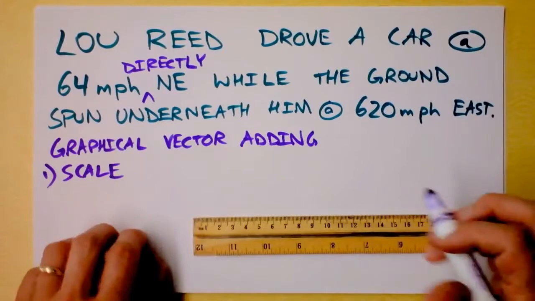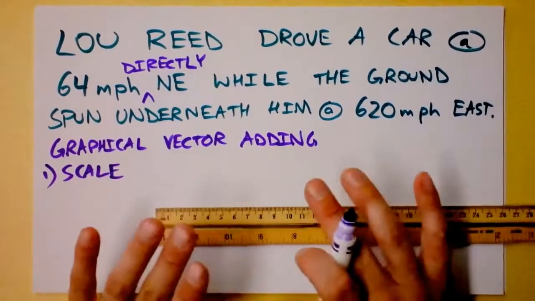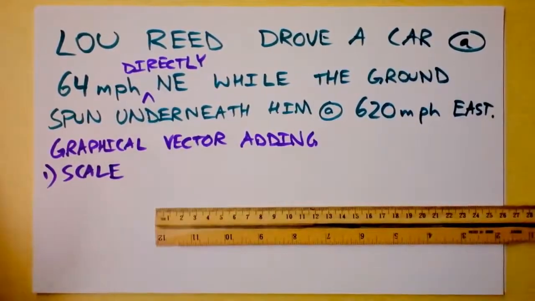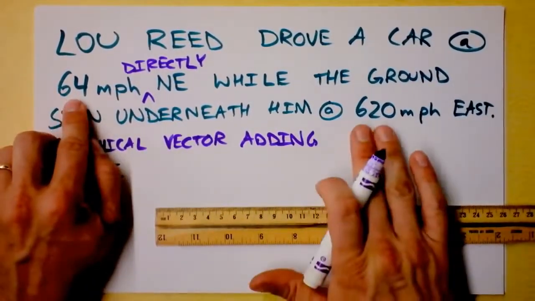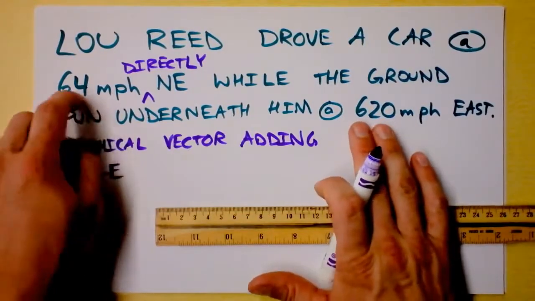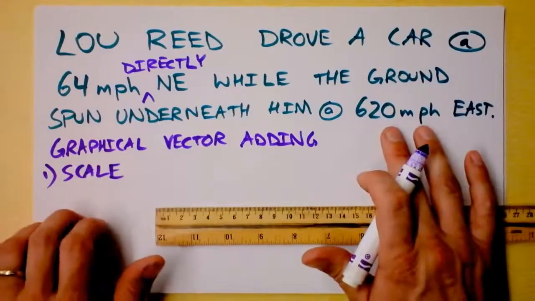So here's our scale. In this case it should be something that can fit on our piece of paper, or if I'm working on the blackboard, it'll fit on the blackboard. I need to look at these two numbers and find something that I could use as a scale that will fit on this paper comfortably. And I need to get 620 miles per hour to the